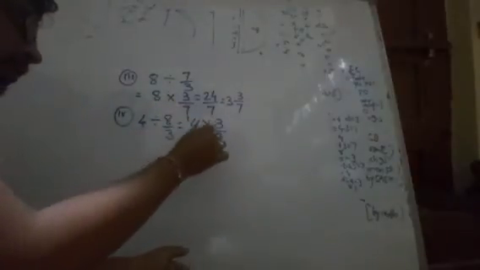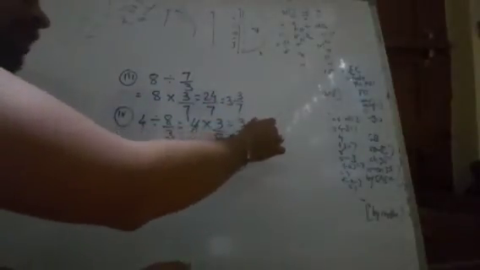We will see the fourth one. 4 divided by 8 by 3. So you can write 4 as it is. Convert this division into multiplication. When you convert this division into multiplication, the second term becomes its reciprocal. So it will be 3 by 8. This 4 is in the numerator and 8 is in the denominator, so you can divide by 4. 4 ones are 4 and 4 2s are 8. What remains is 3 ones are 3 by 2.